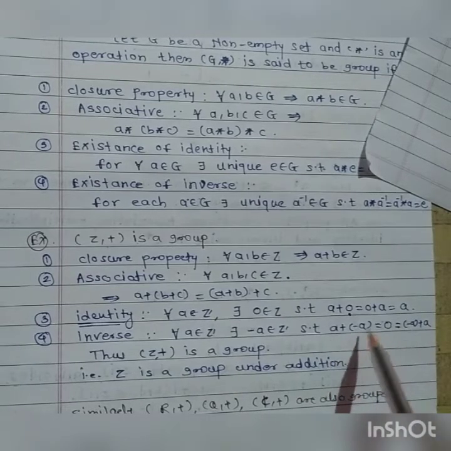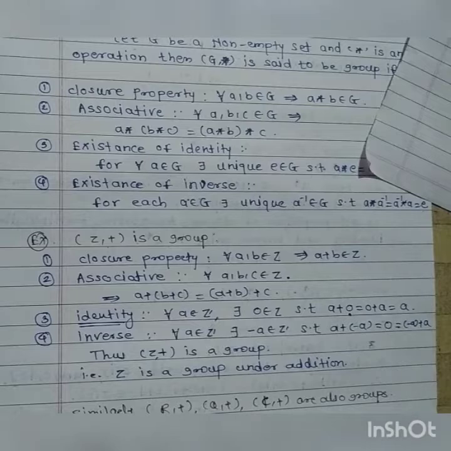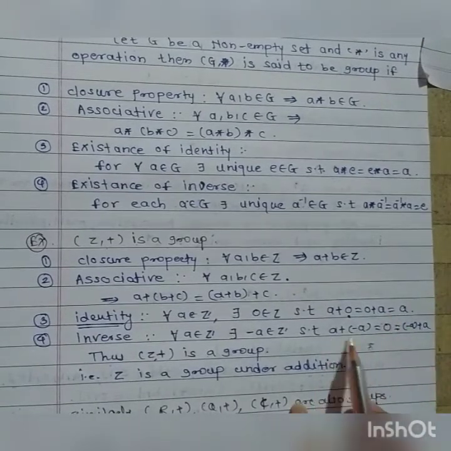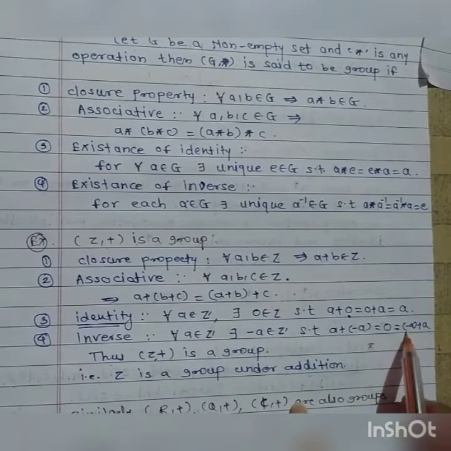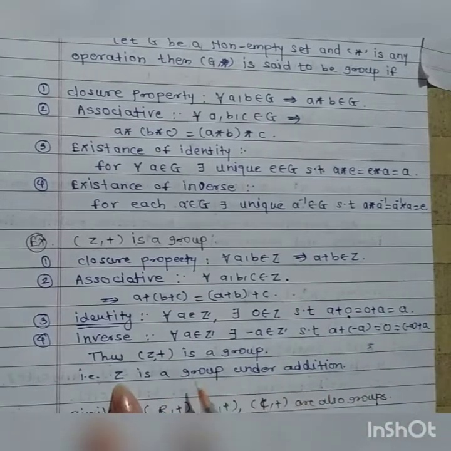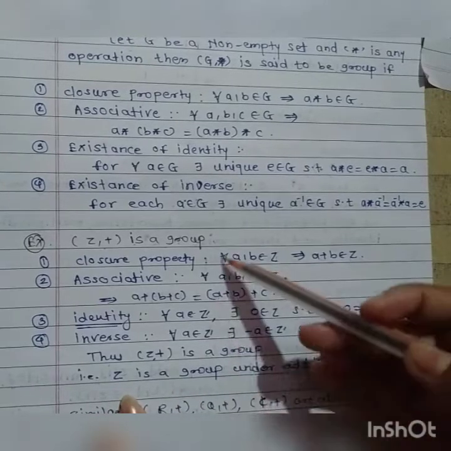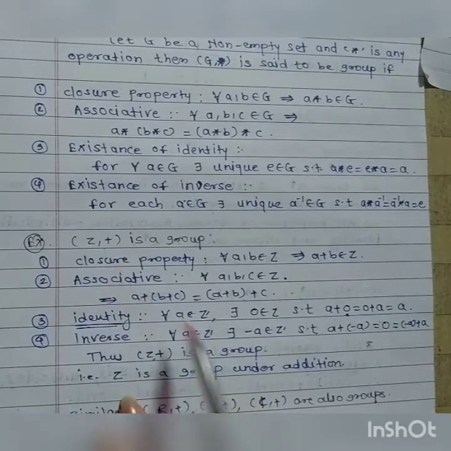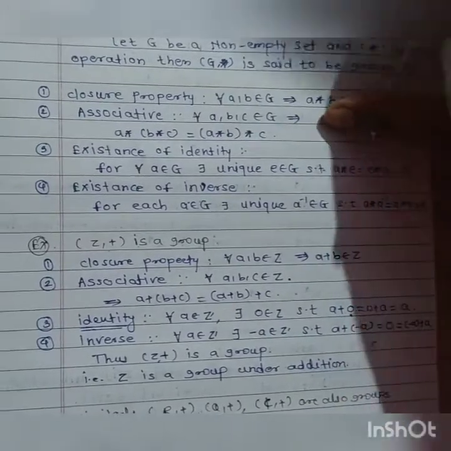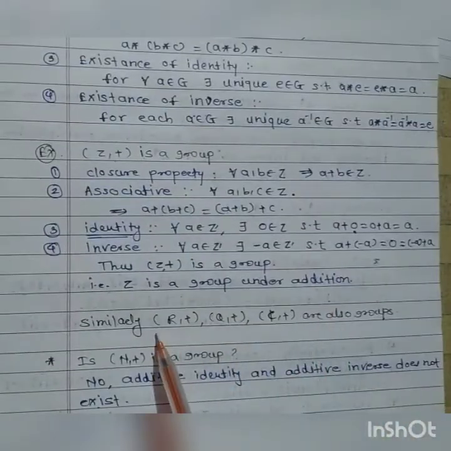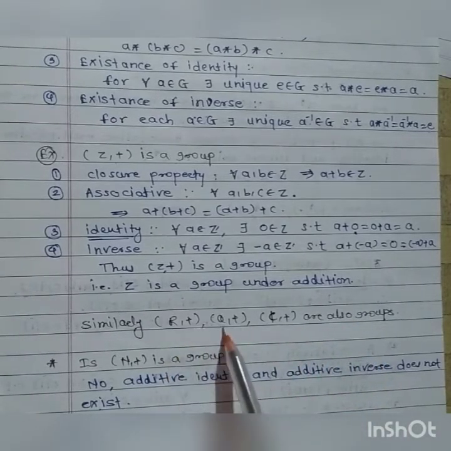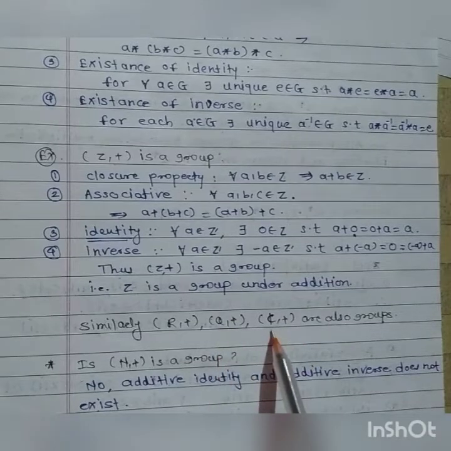Commutativity, obviously you know, and by the definition we have also done it the other way: a plus minus a is equal to 0 is equal to minus a plus a. Therefore, (Z, plus) is a group. All the properties of a group are satisfied by Z. Therefore, Z under the binary operation plus is a group. Z is a group under addition. Now, next, similarly to Z, R, Q and C under plus are also groups. We know that R is the set of real numbers, Q is the set of rational numbers, and C is the set of complex numbers.